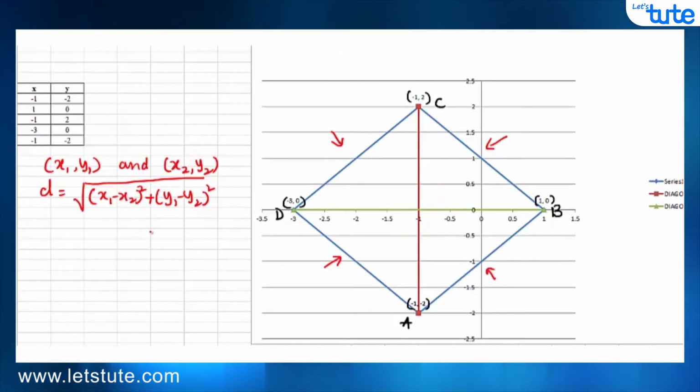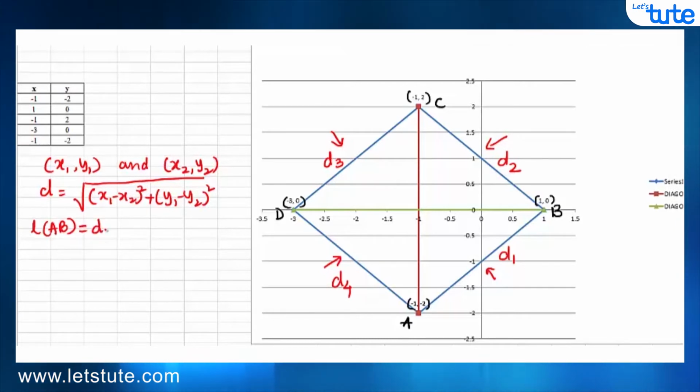So what we'll do is, first of all, find the length of the side AB. Let me write it this way: AB, or we can say the length as D1. That will be more convenient. For BC it is D2, for CD it is D3, and for AD it is D4.